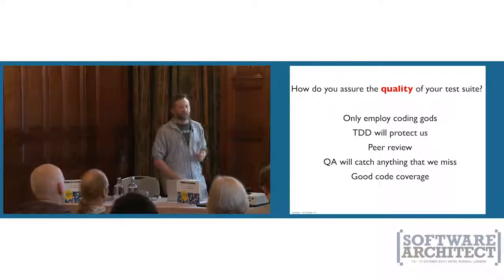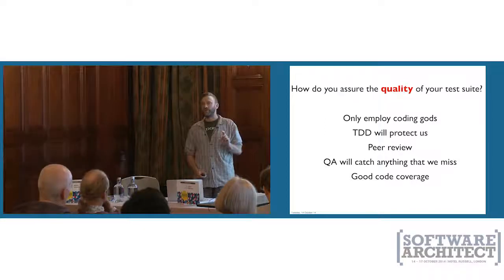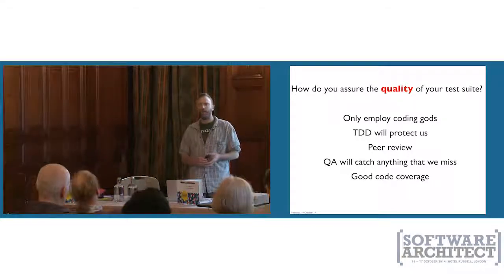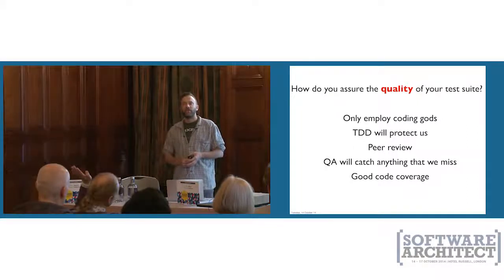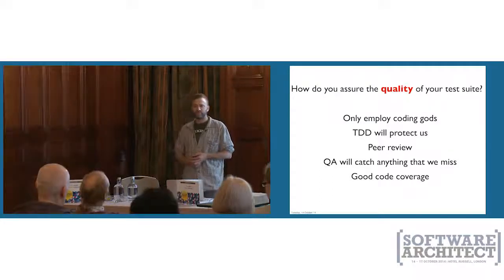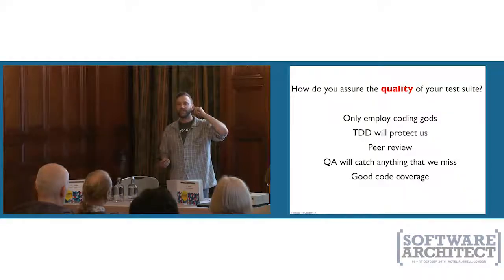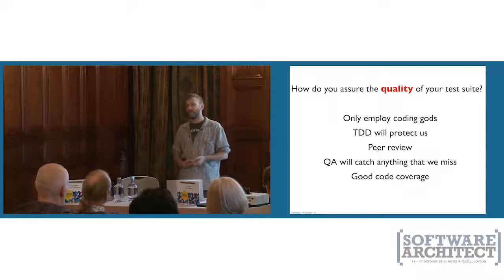And finally, good code coverage. And this, I would say, is probably the most common answer. So how many of you have got a continuous integration build or something of that sort? And how many of you have a coverage statistic that pops out the bottom of it? And of the 4 people that have got that, what do you do with it? Okay, nice number. Nothing? We don't let managers look at it. So it's probably the only metric that's well known about how your test